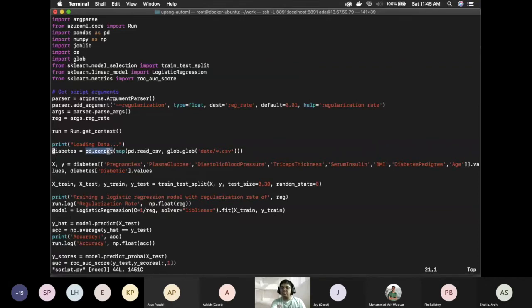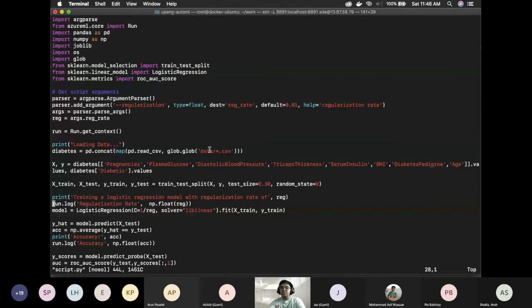I'm specifying that I'm getting all the CSVs inside the data folder, and then we're separating the features from the labels, and then train test split with the 70/30 split. Then run.log: run is equal to run.get_context, and what happens is this will become part of the logs when we open up in the cloud, or even after we do the training, we can check out those logs.